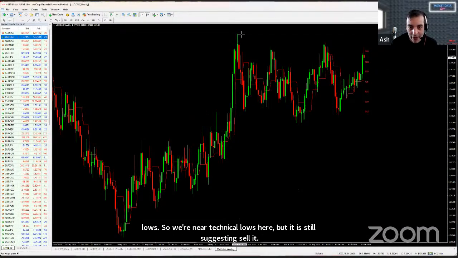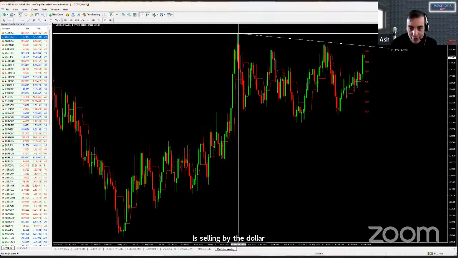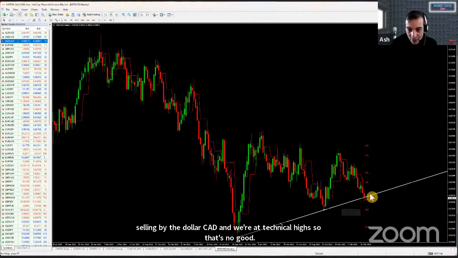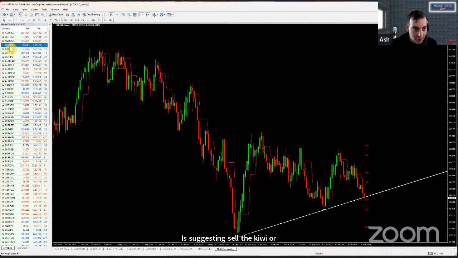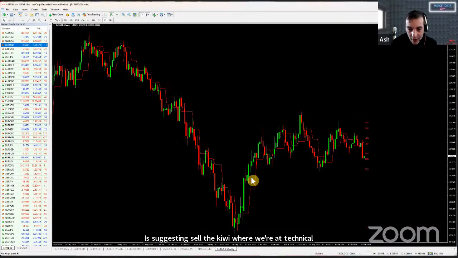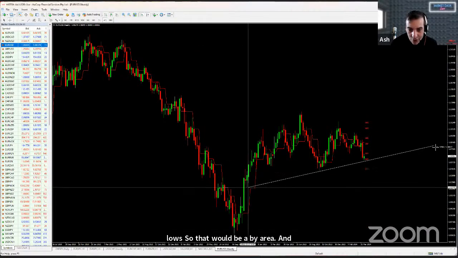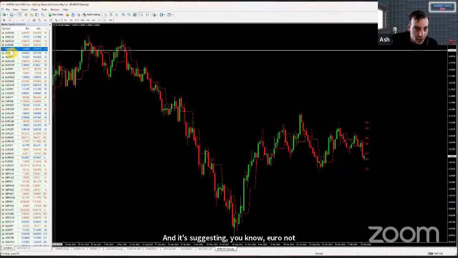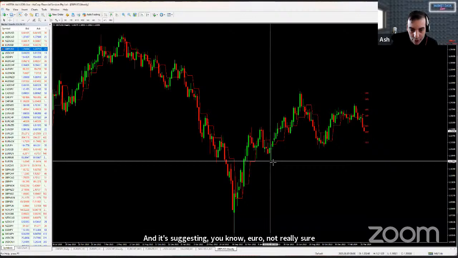It's suggesting buy the dollar CAD, and we're at technical highs, so that's no good. It's suggesting sell the Kiwi, but we're at technical lows, so that would be a buy area. And it's suggesting, you know, euro, not really sure what to do with it. But this one's probably the most attractive long, if anything. Euro dollar and the pound dollar would be the two